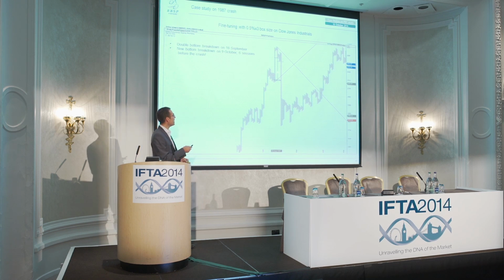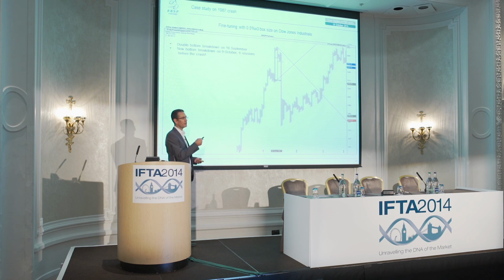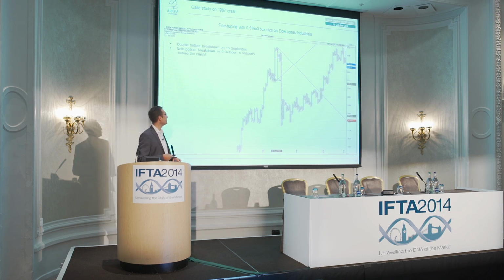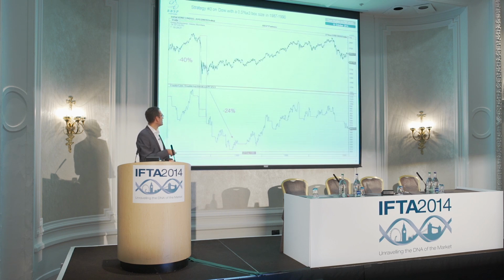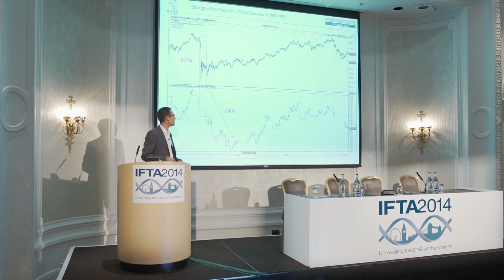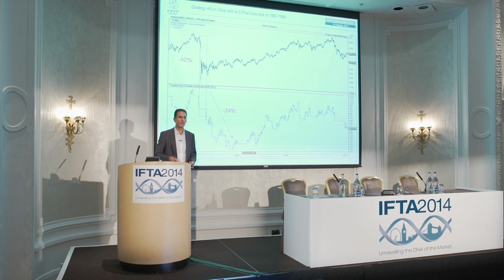And as you can see, on this double bottom sell signal, there was already a quite low target, which was hit at the start of the stock market crash. Here, it's difficult to go short, but at least you have to be very careful about keeping longs on this market. Same thing if I look at the backtest on the 0.5% times 3: I have a pretty similar picture to the 1% times 3 box size.